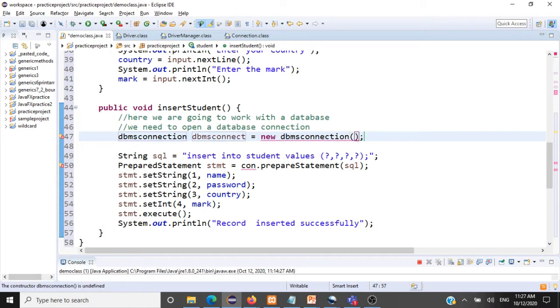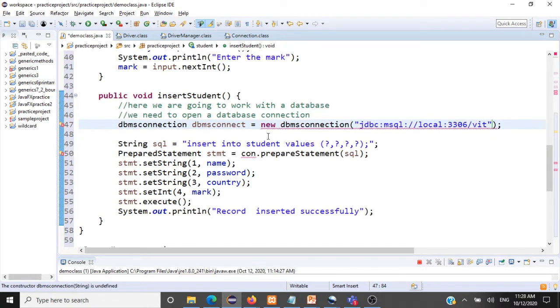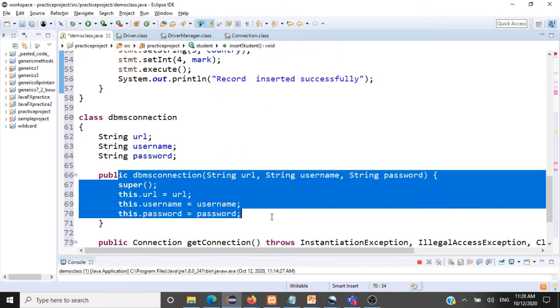We need to pass the URL for our DBMS, that is jdbc:mysql://localhost:3306/VIT, where VIT is the database we are going to connect to. So that is the URL, and we're populating this constructor here.